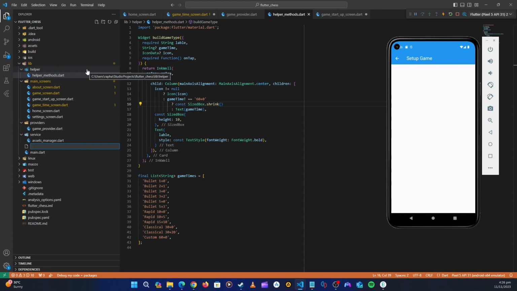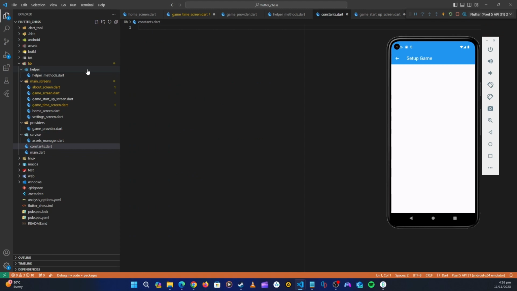Let's name this constants dot dart. Okay, so here first let's say class Constants. Inside here, that's where I'm going to put my constant words that I'm going to be reusing. For example, let's first put